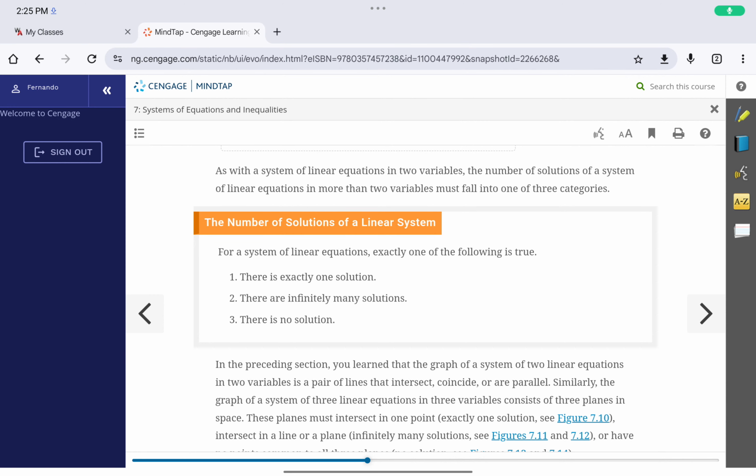All right, so let's look at the next topic, and we're going to be looking at the different types of possibilities as it relates to solving a system with three variables now. So when we talked about a system of equations, the first thing we did was talk about it with only two variables,